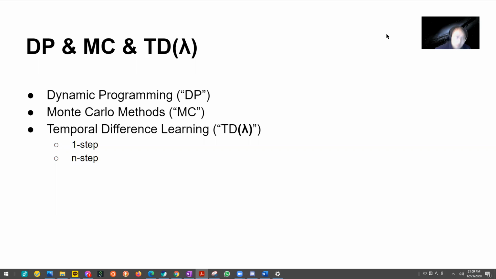Hi, so today I'm going to talk about the problem-solving methods in reinforcement learning. We could divide them into three main problem-solving methods for reinforcement learning. So the most classical solution method